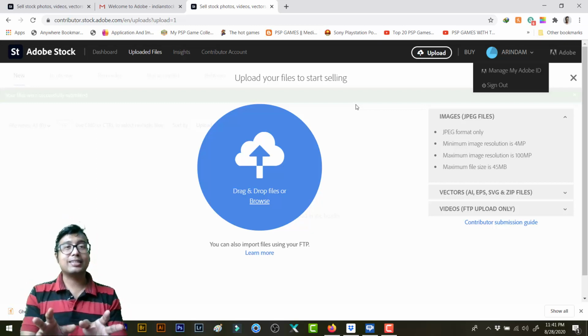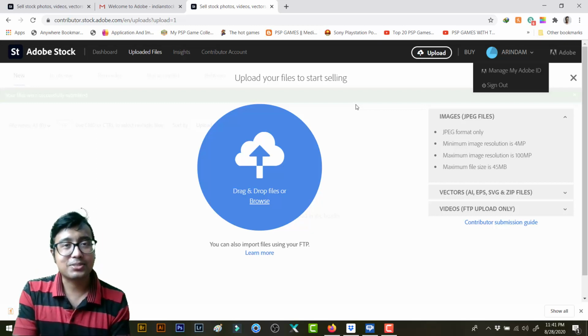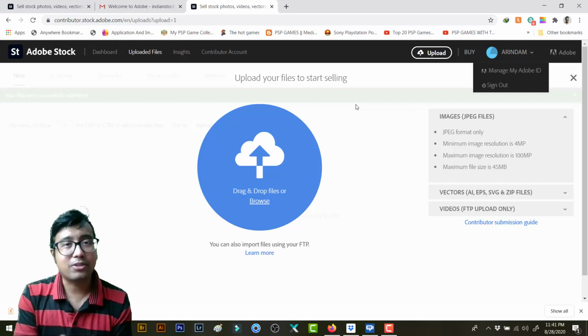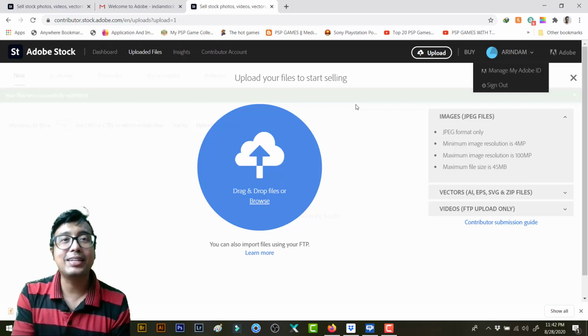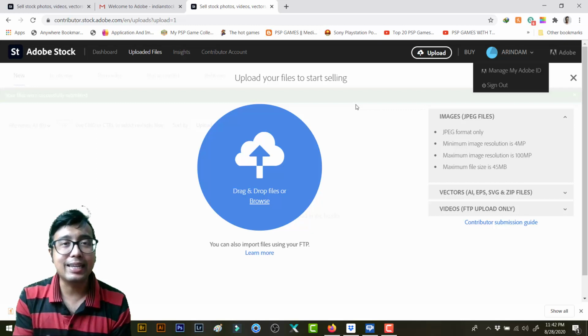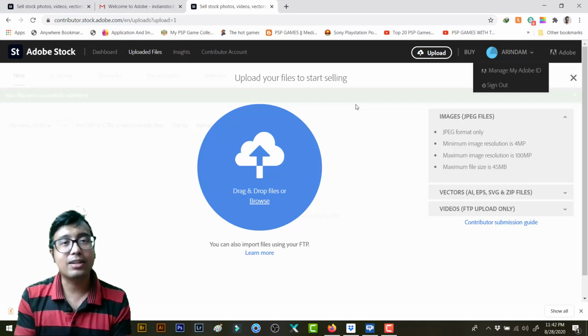So here's a very good example. Suppose you set your lower limit in Shutterstock to be $35, and in the case of Adobe Stock it is automatically $25. Suppose your first sale is a very lucky video sale and it gives you $50. Now in the case of Shutterstock, if you have passed 90 days, you'll be immediately able to draw that $50 to your PayPal or Payoneer or Skrill account.